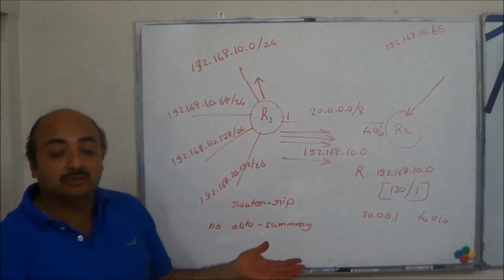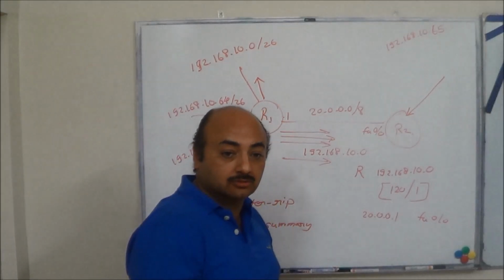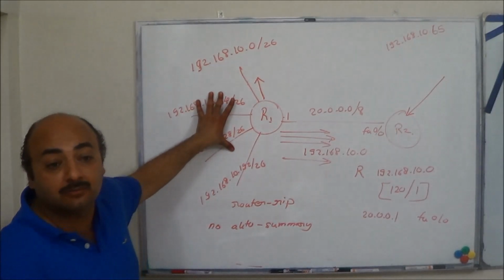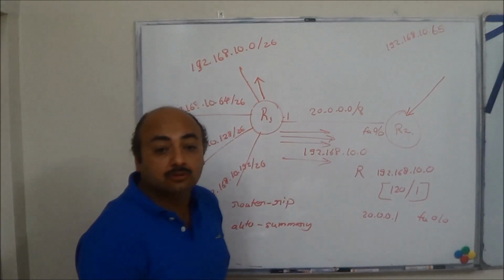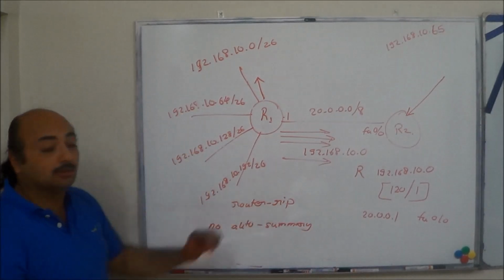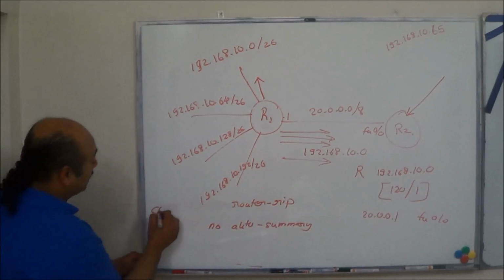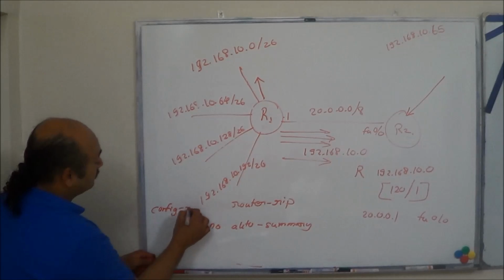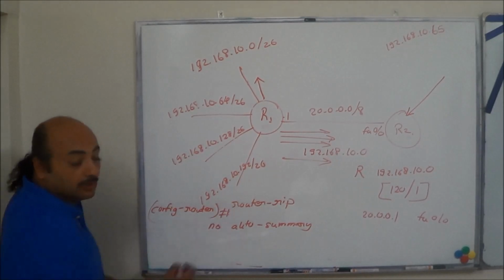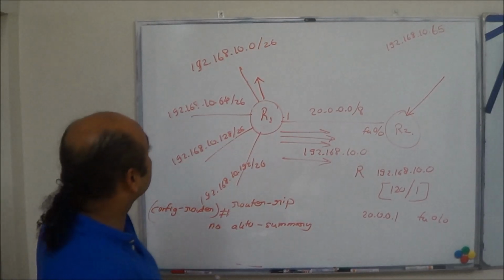Again, when we study the other protocol OSPF, we will go through the concept of summarization again. But the behavior of RIP is that it automatically does summarization at network boundaries. And how do you disable it? No auto summary. Under router RIP, you give the command router RIP. Where do you land? You land up here, in configure router mode, and then you give this command, no auto summary. Okay?